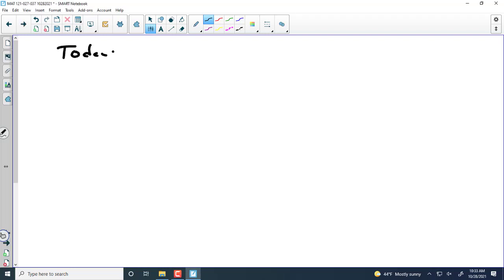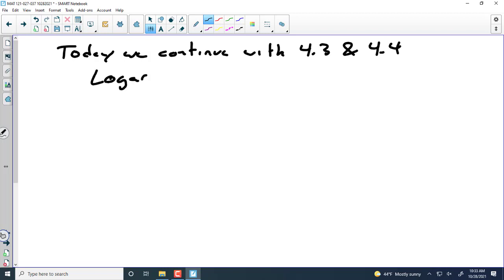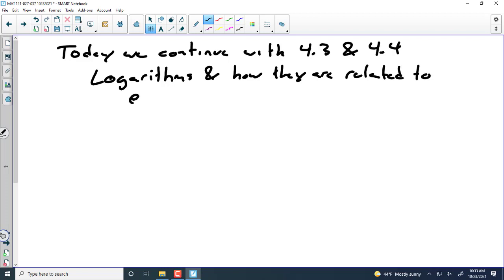Today, we continue with 4.3 and 4.4, which is all about logarithms and how they are related to exponentials. And I'd like to start today with doing one of the things I'm very fond of doing, and